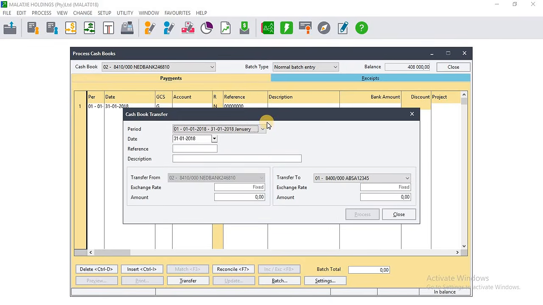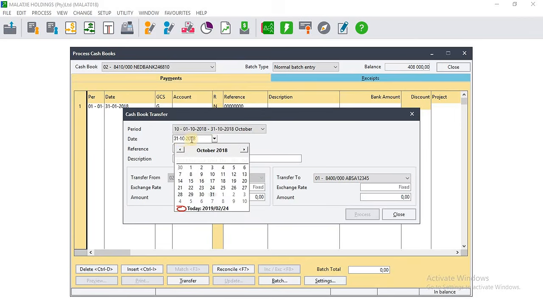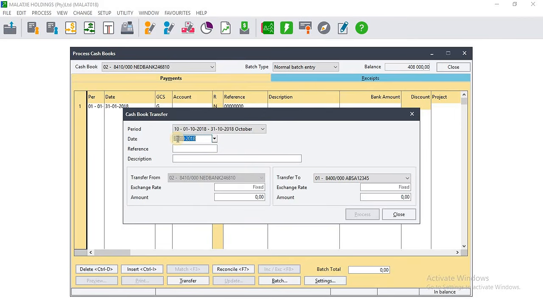Okay, our period is that. Our date is 27th. Here we have TA802. The description is